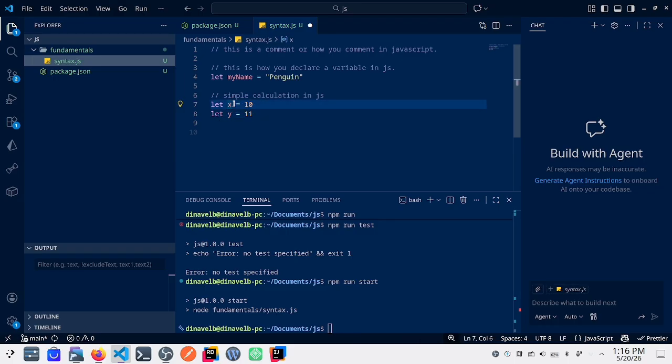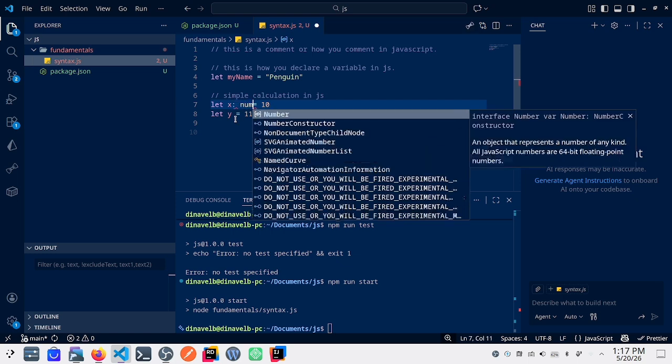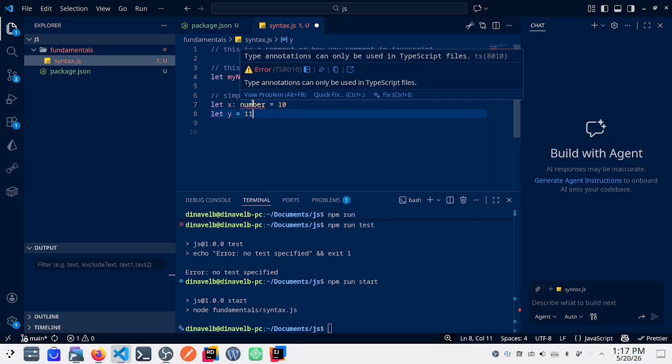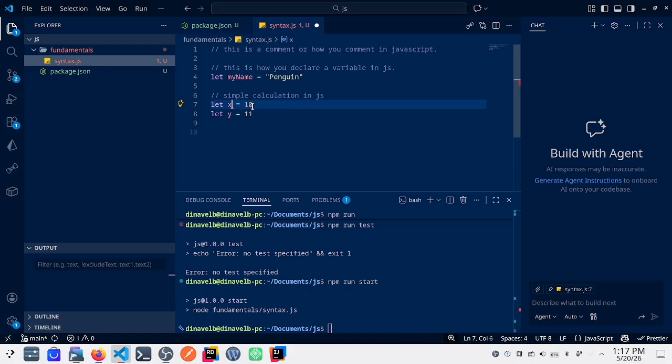But in TypeScript, which is a type-safe version of JavaScript, it needs to be declared with a data type after the variable. Here it's not working because we are using plain JavaScript. As you can see, type annotations can only be used in TypeScript files. That's what I am saying. So yep, this is a number.